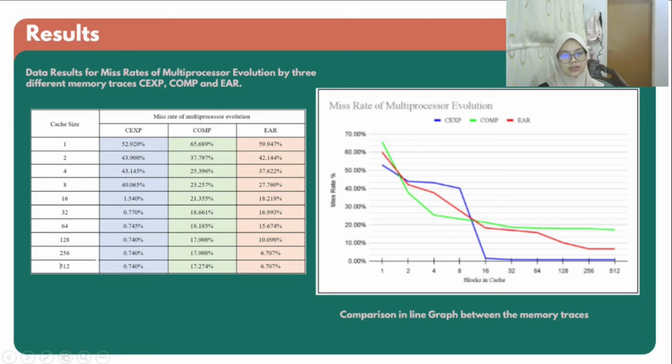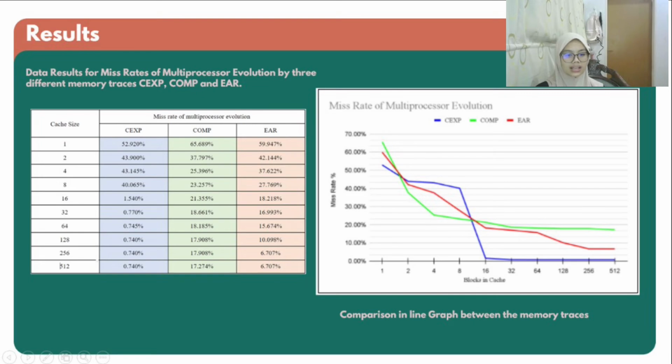Data results for miss rate of multiprocessor evolution by 3 different memory traces, CEXP, COMP and EAR. By observing this table in this slide, for CEXP, as the block in cache increases until 32 and above, the miss rate showed a consistent result, where it is fixed at only 0.74%. However, for COMP, the miss rate is fixed at